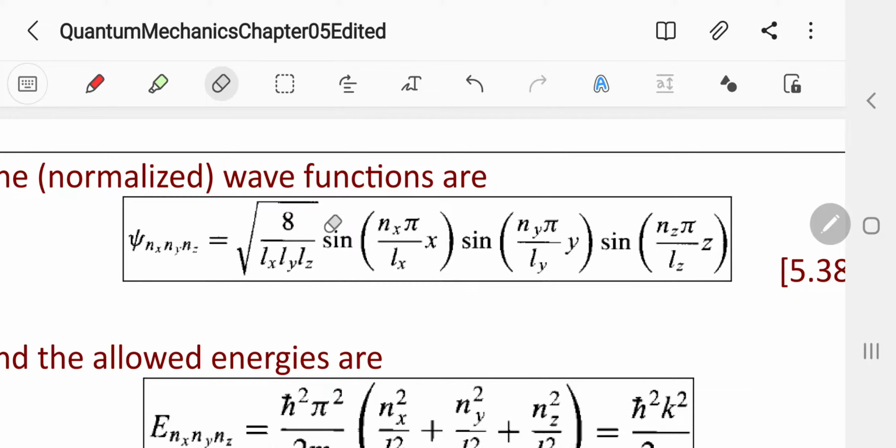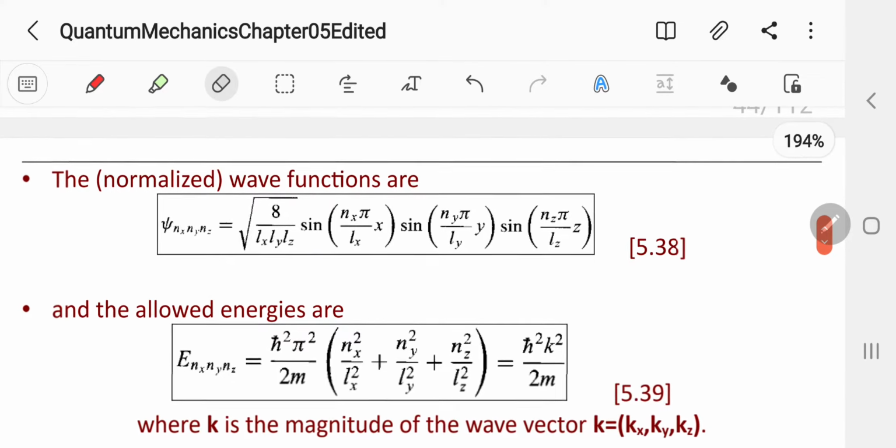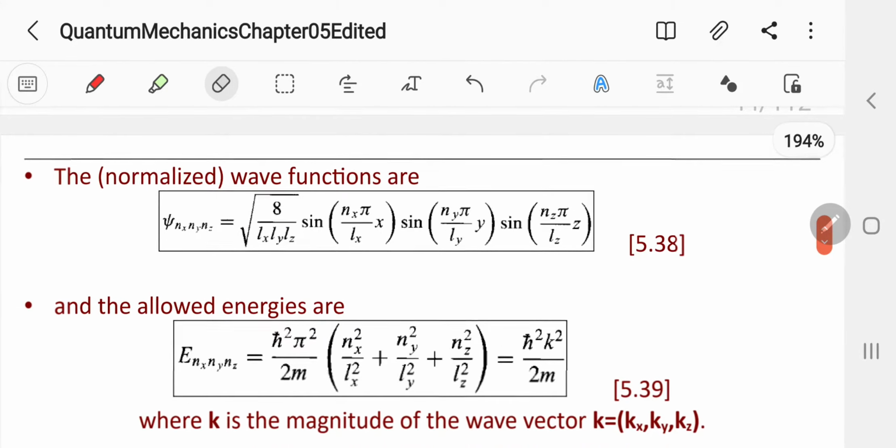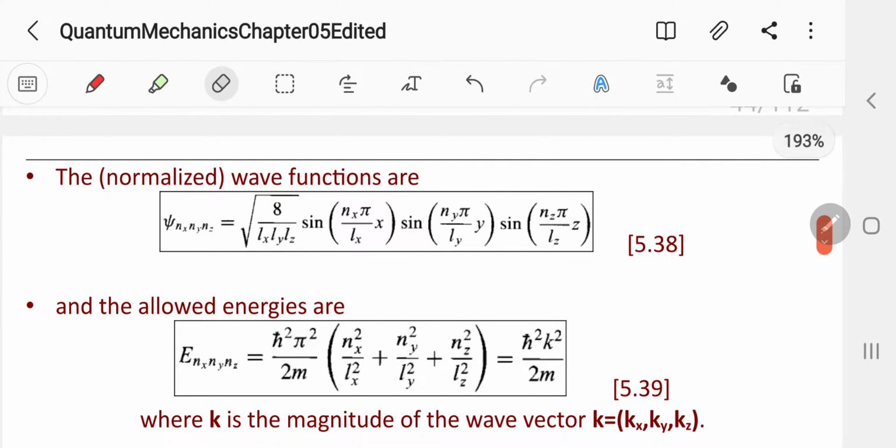You have 3 sine terms, and then you have square root of 2 over lx times square root of 2 over ly times square root of 2 over lz. And of course, as you have derived in chapter 2, the energies are